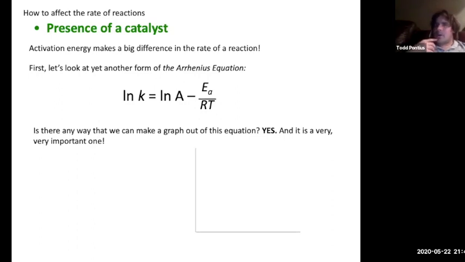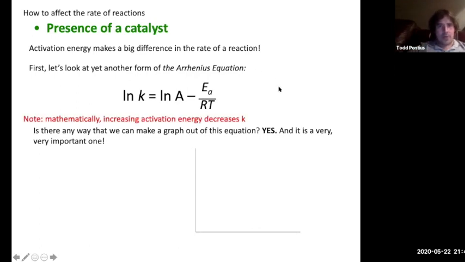Now, you may recall that I said previously that there are 3 golden graphs of kinetics. There is, for first order reactions, the natural log of concentration versus time. For second order reactions, there is 1 divided by concentration versus time. And for our third and final one, what we're going to do is